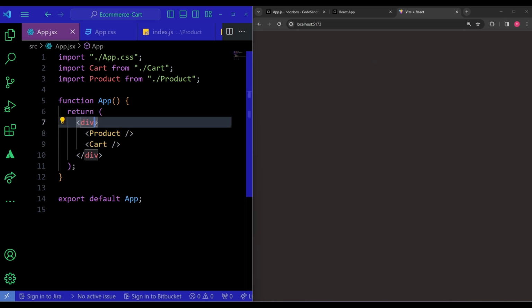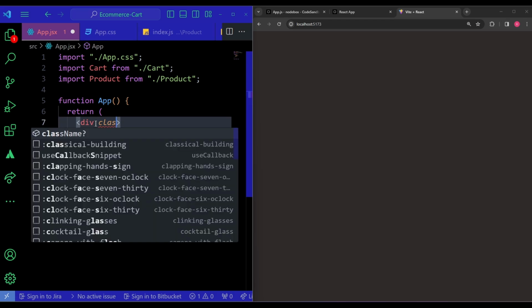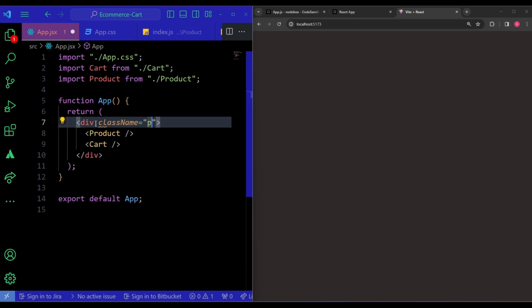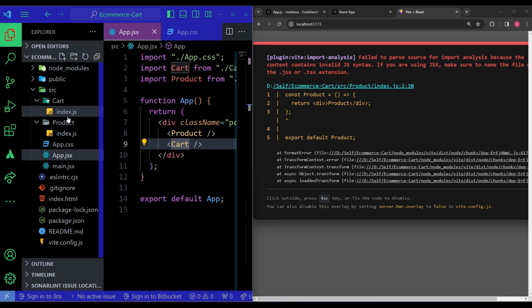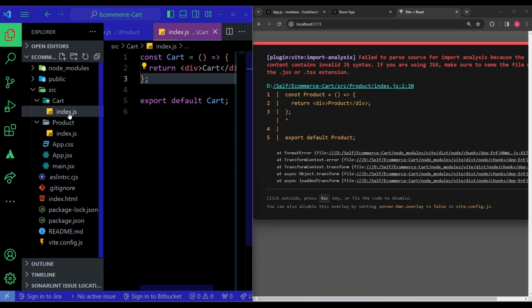Then over here in the div, I'll give this a class name of nothing but PC container. PC over here refers to product cart, and hyphen container. Alright, and upon saving this, seems like I'm getting an error over here because Vite expects that our index.js over here needs to have the .jsx extension. So I'll just quickly update that over here, JSX, and this will also be